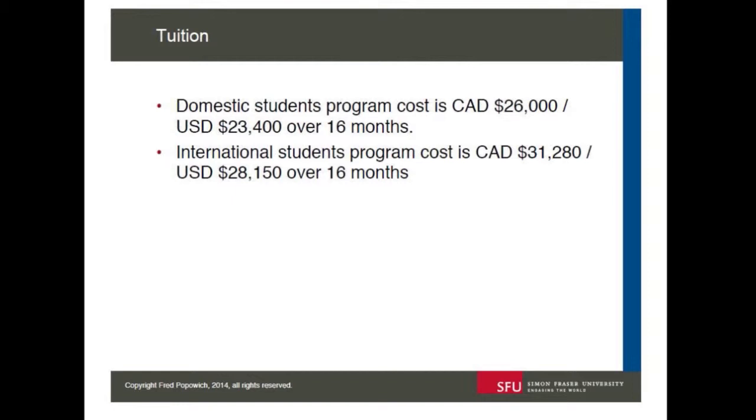So right now, the program, roughly in today's US dollars, is $23,000 for the 16-month program if you're a Canadian student, and $28,000 if you're an international student. And that was itself, aside from crafting that first paragraph to say what the program was about, the thing that took the most crafting to figure out how to structure it